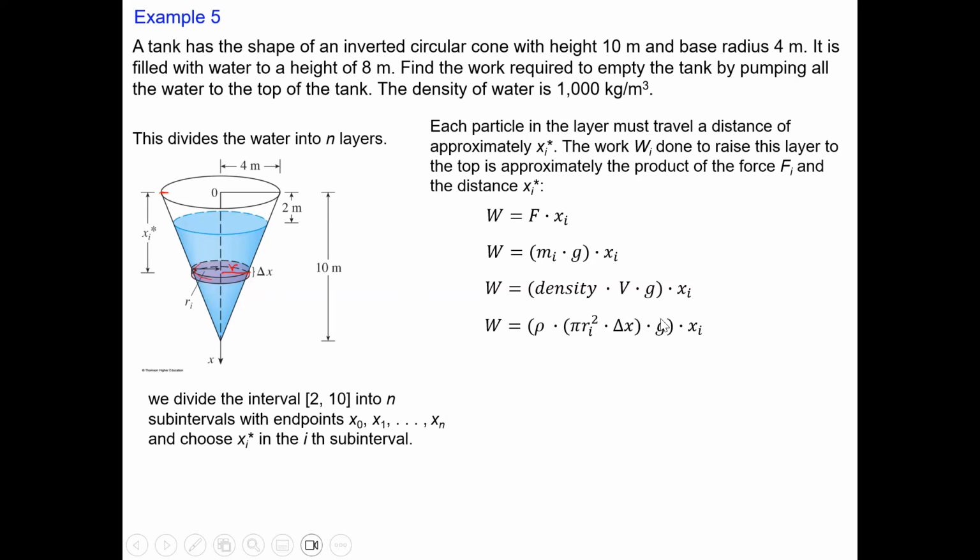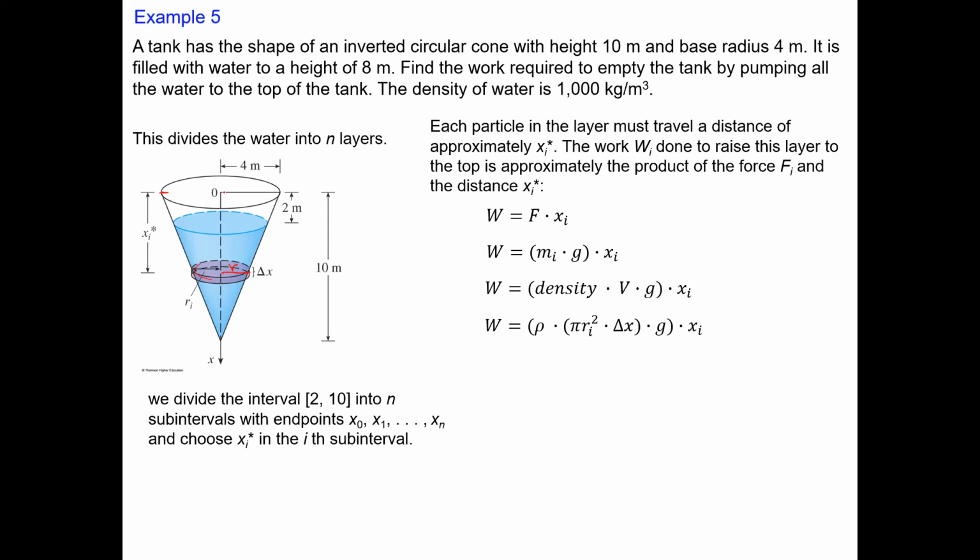We have the acceleration due to gravity. We do have density, and we will have a distance x sub i. Delta x will become dx, but just that pi r squared. What we can do, I think I have it on my next slide, is find out what r is in terms of x